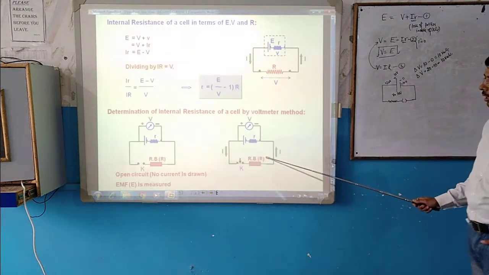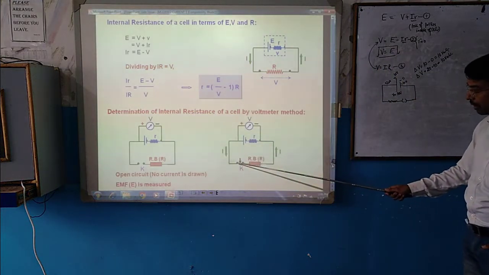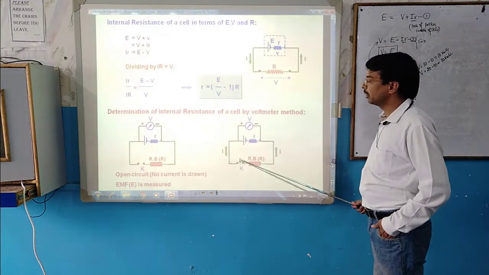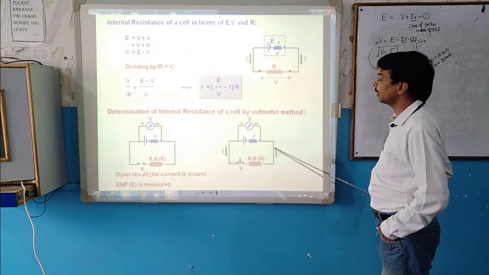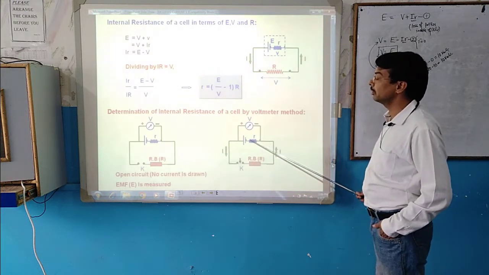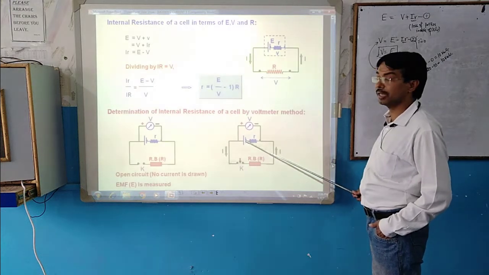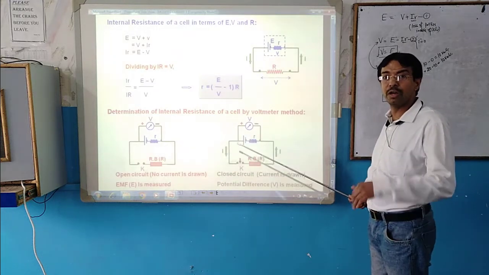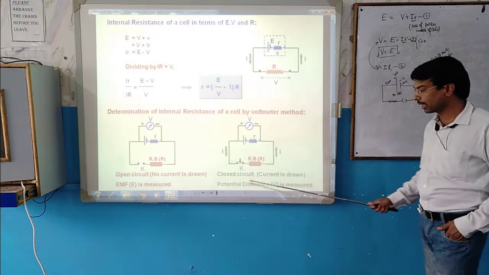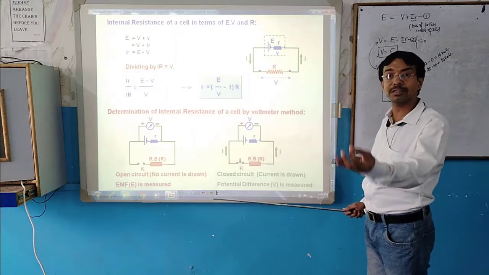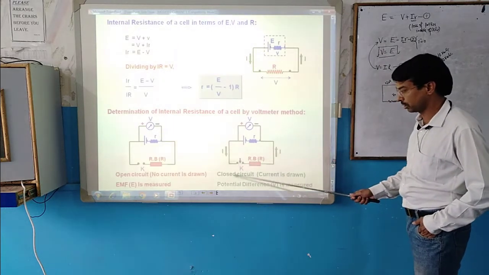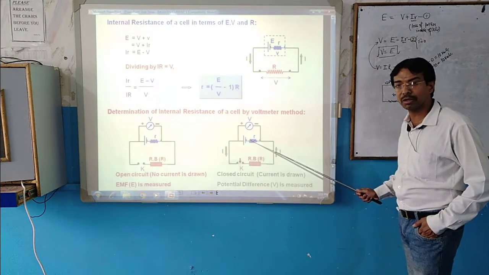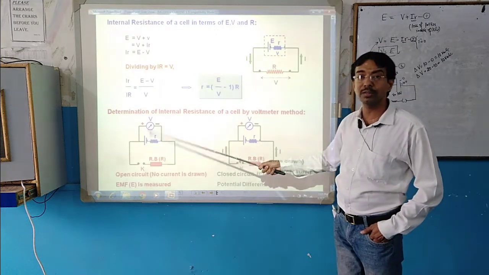And in the second condition here, you know very well, in that particular situation you are connecting the key, you are putting the key inside that particular gap, like this arrow, you will get the result. Current is released by it, and it must pass through the cell, as well as due to the internal resistance, some amount of energy must be lost here, and that particular condition will drop the potential of the cell. So closed circuit means in which current is flowing. It is closed means the key is closed. Potential difference V is measured. Here its potential difference can be measured, and here its potential difference is known as the EMF.